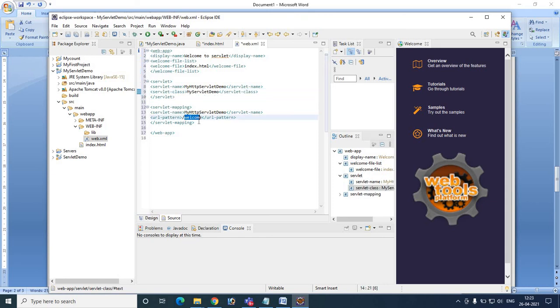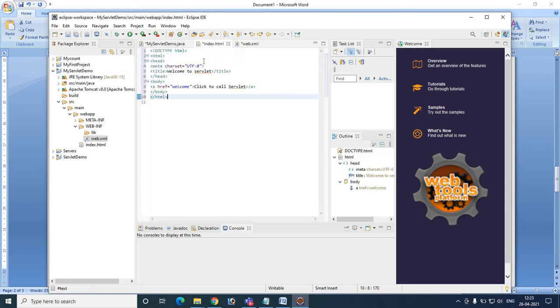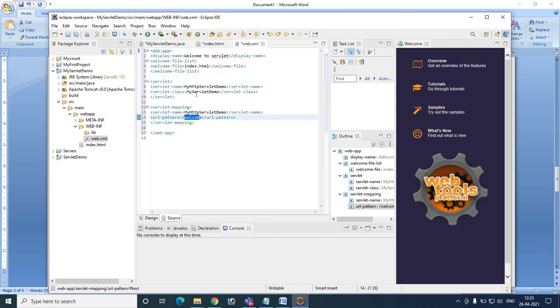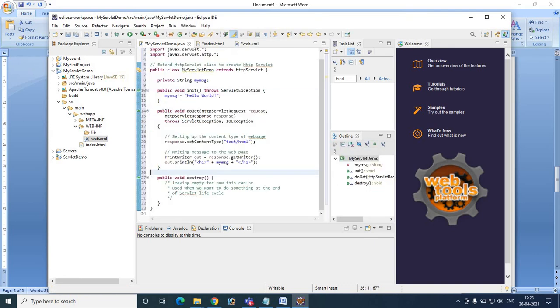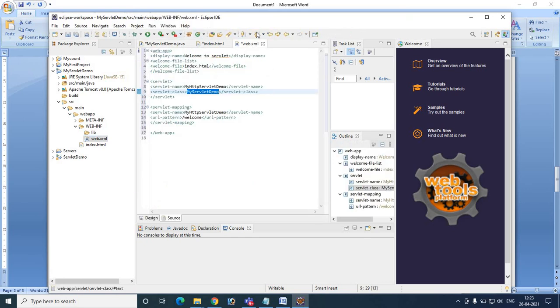The word welcome, which is given here. Now the word welcome is mapped with my servlet demo, which is the name of our servlet program. So in order to perform this mapping process, we are in need of XML file.